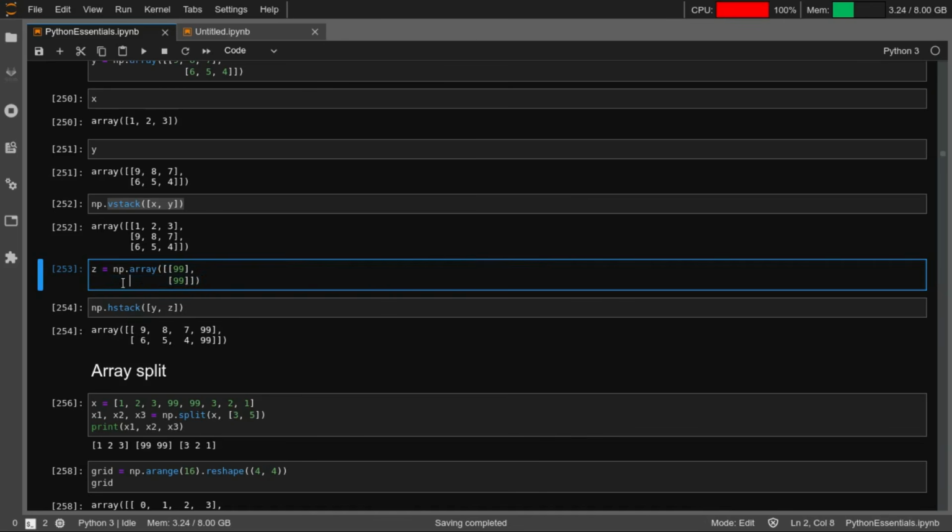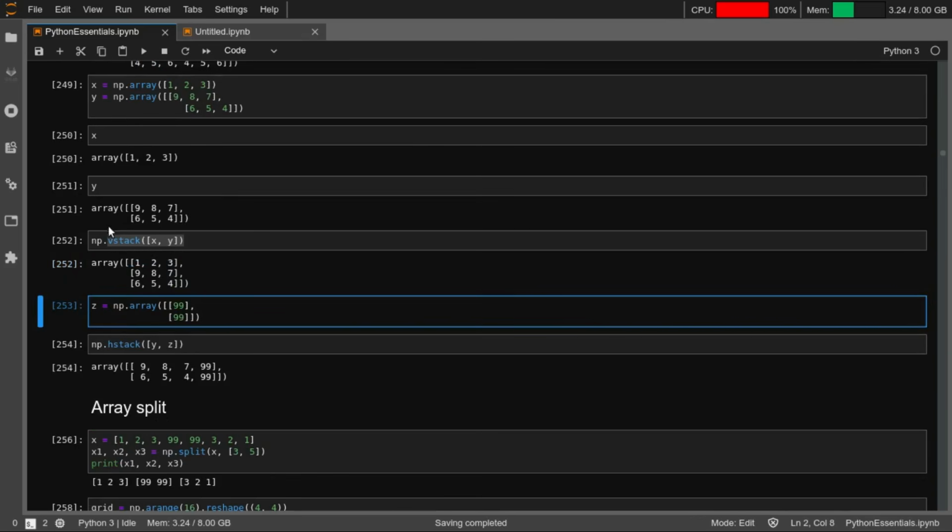So when you are going through this exercise, verify: when you are using vstack, you stacked x over y, right? And when you are doing hstack, you were doing that between y and z matrices, right? So verify what were the dimensions of this, right? And if you change those dimensions, do these vstack and hstack still work, right? The point here is that the dimensions on which this stacking is taking place have to match in a certain manner.